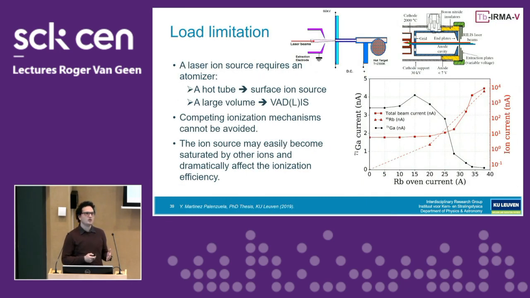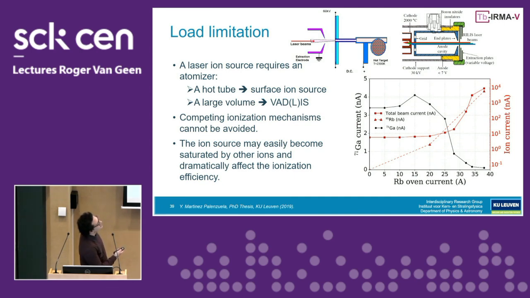But there again, we come to the same limit that was described before, the load limitation. It's not because you have a good ionization scheme that you'll always produce a lot of what you want. You actually end up having a limit with how much can come out. And in this case, it was not the CO+ beam that was used, it was a rubidium beam that was